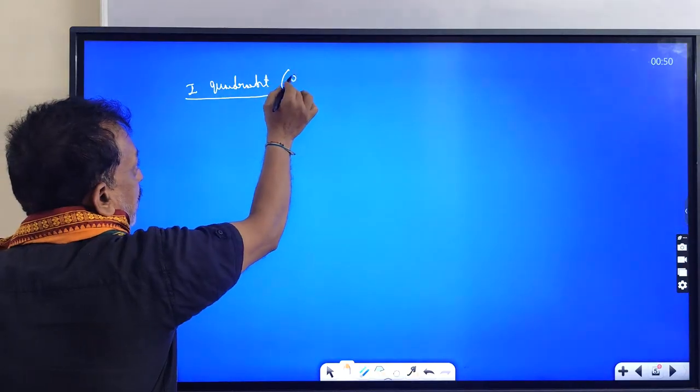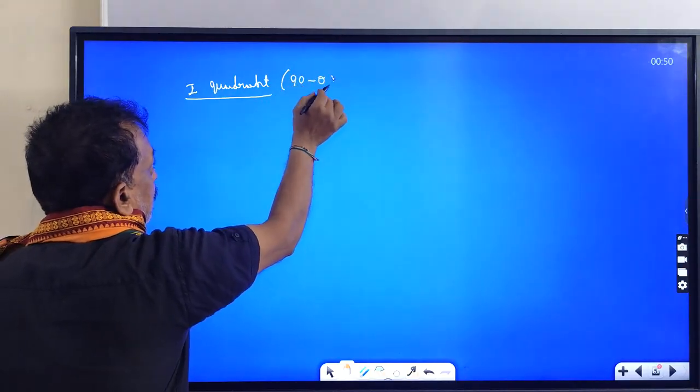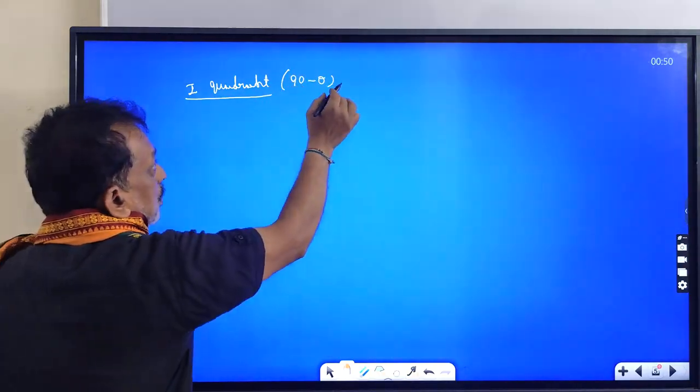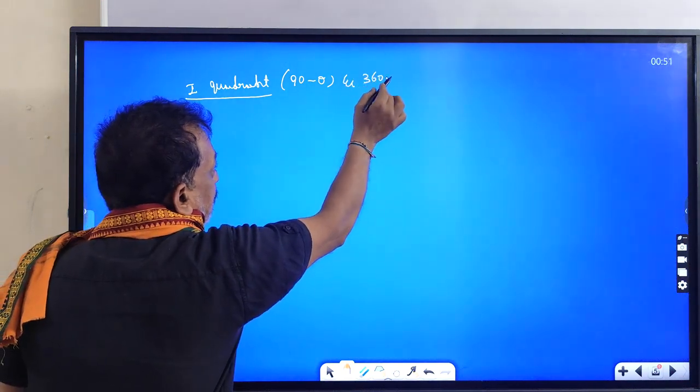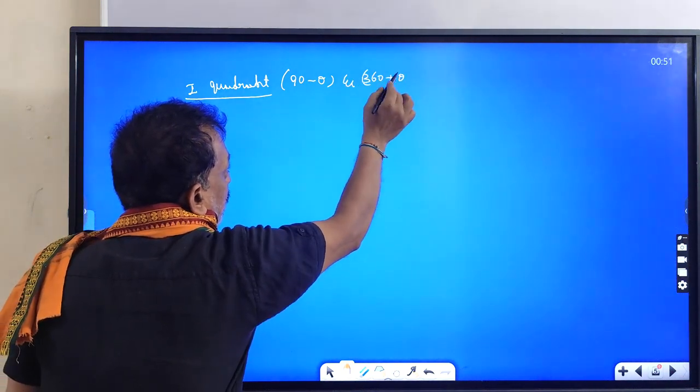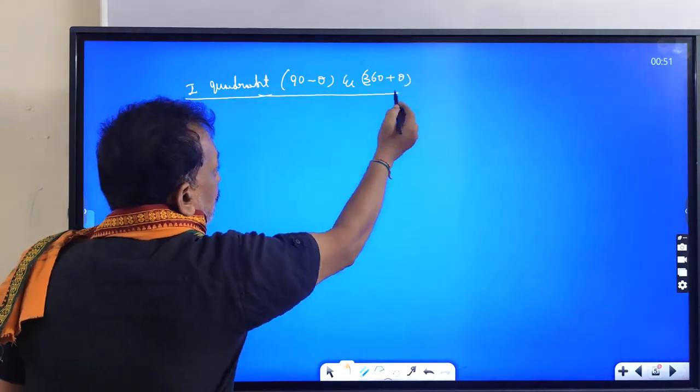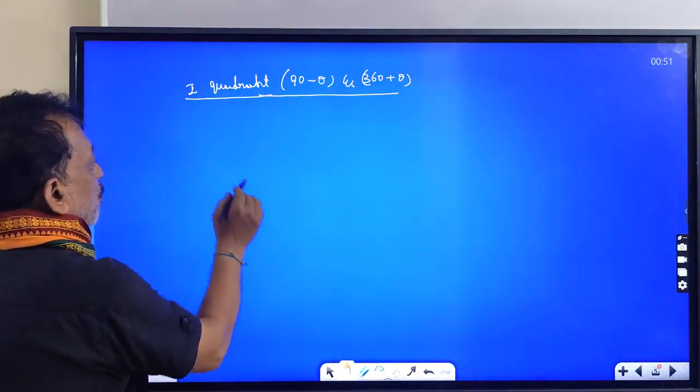What is the first quadrant? It is 90 minus theta, and the 360 complete circle plus theta, adding theta. It's called the first quadrant. So now the first one